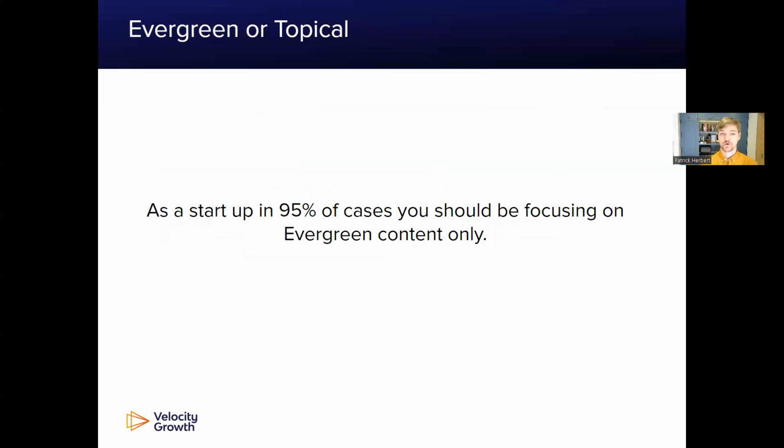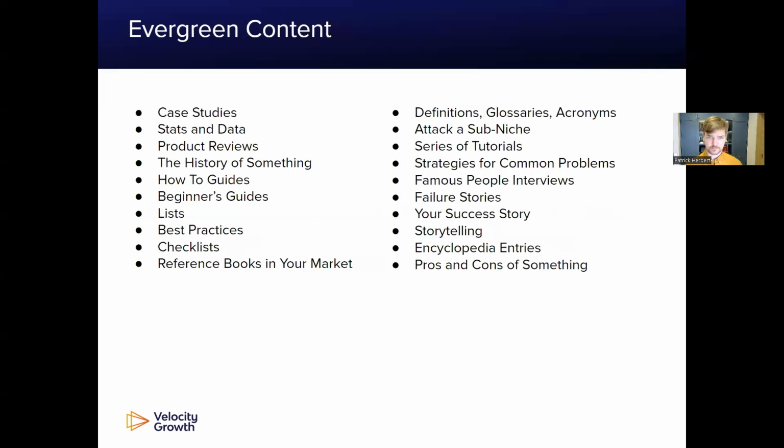Finally, we'll move on to evergreen or topical content. Now, my opinion, I'm sure there are going to be people out there who disagree with me, but as a startup, in 95% of cases, you should be focused on evergreen content only. You do not want to be writing topical content, right? You want to be focused on the stuff that's going to have returns for you over the next few years, that's going to attract users over time, rather than topical related content that may be a flash in the pan today and gone tomorrow. So examples of evergreen content that you can write: case studies are evergreen content,